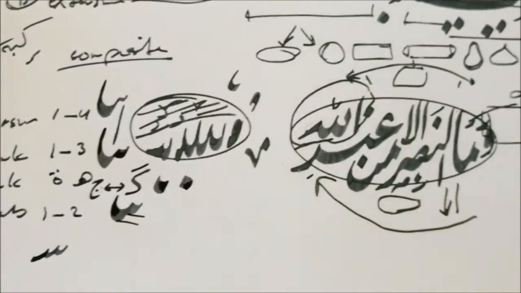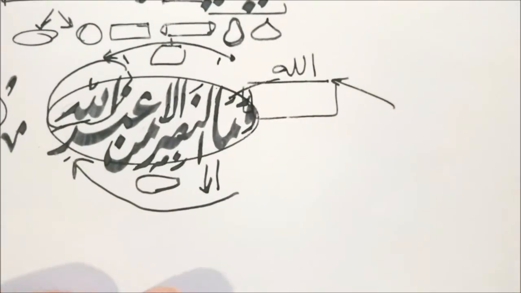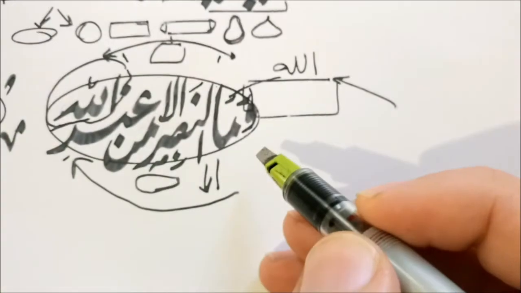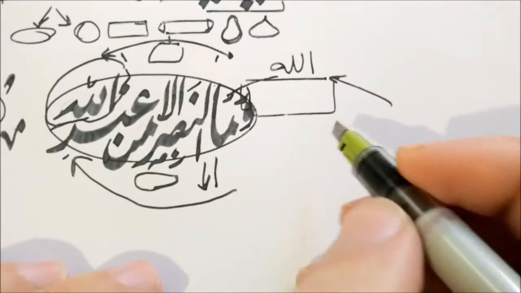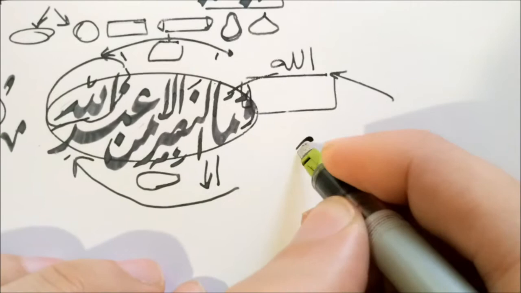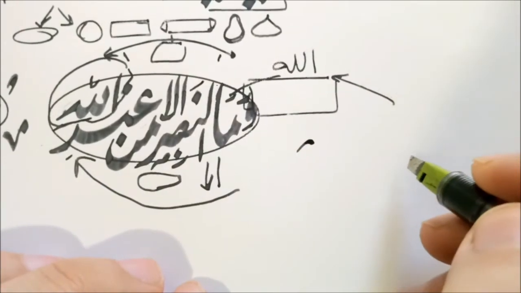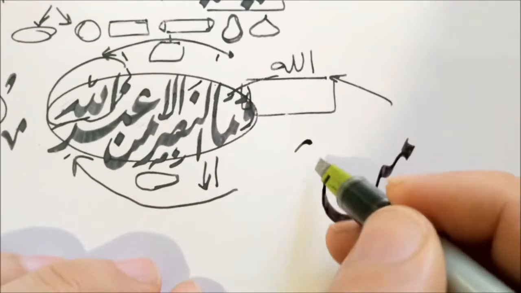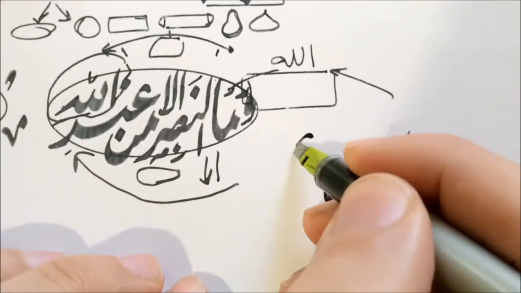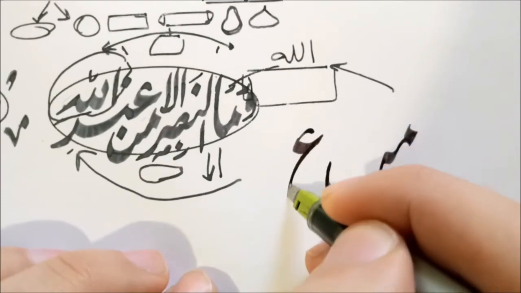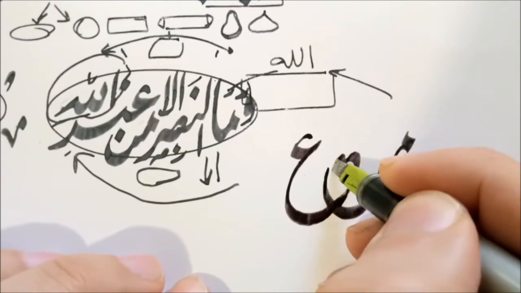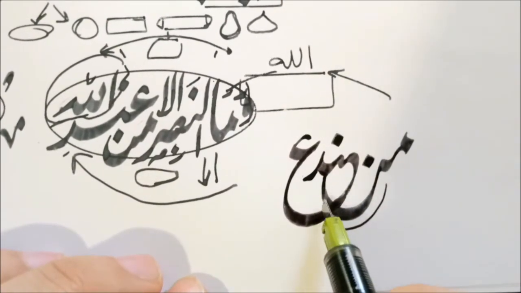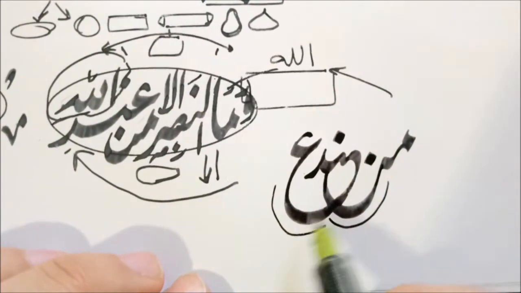Now going back to the tarakib, for example, وَمَا النَّصْرُ إِلَّا مِنْ عِنْدِ اللَّهِ. You could write it that way, but it doesn't mean that you should. Some calligraphers would use, for example, min. So this is going down like this, and they want the ain to do the same thing. So they might go down and then do this. Although it gives you a nice shape in the composition,